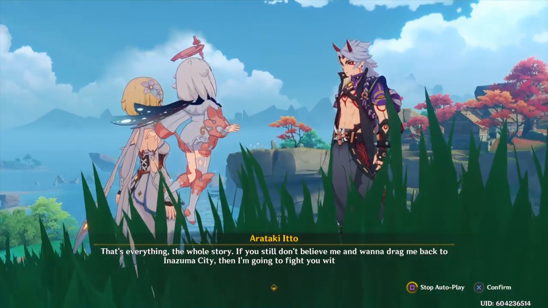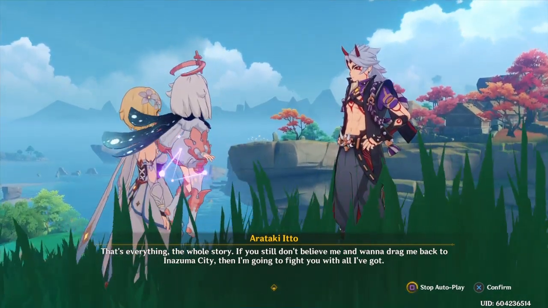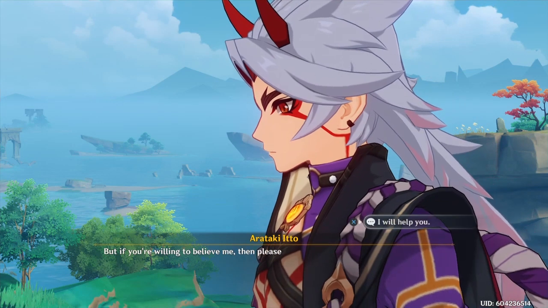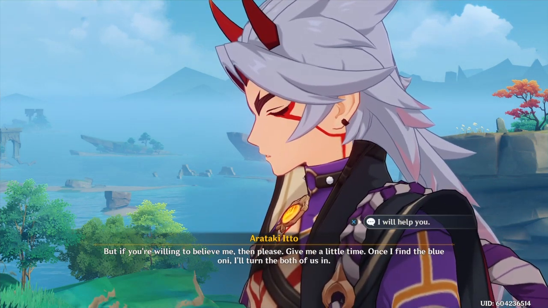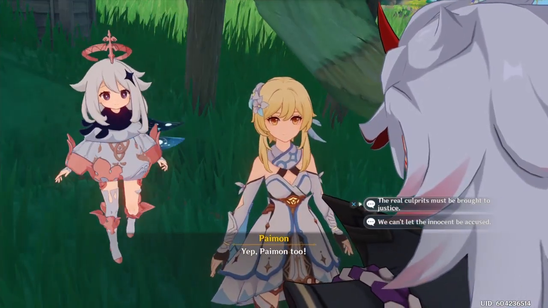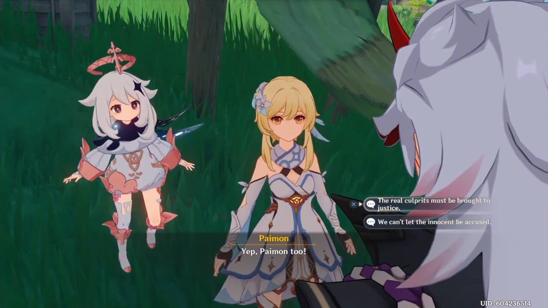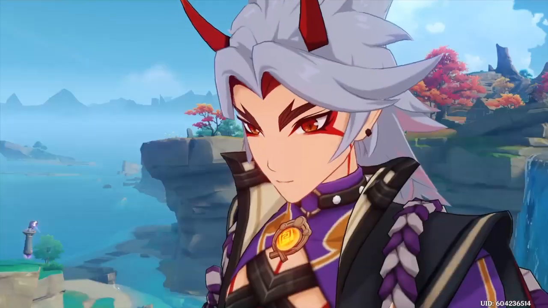If you don't believe me and want to drag me back to Inazuma City, then I'm gonna fight you with all I've got. But if you're willing to believe me, then please, give me a little time. Once I find the blue Oni, I'll turn the both of us in. Yep, Paimon too. Just treat it like we're here to keep an eye on you. So, you...